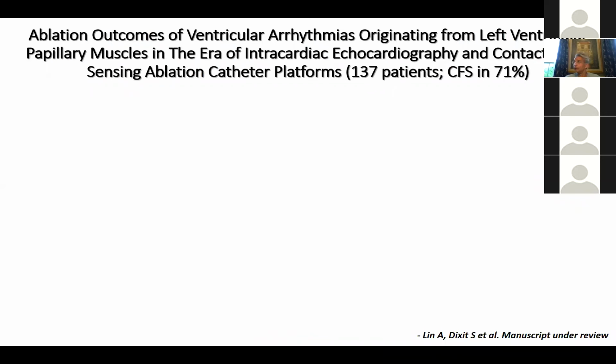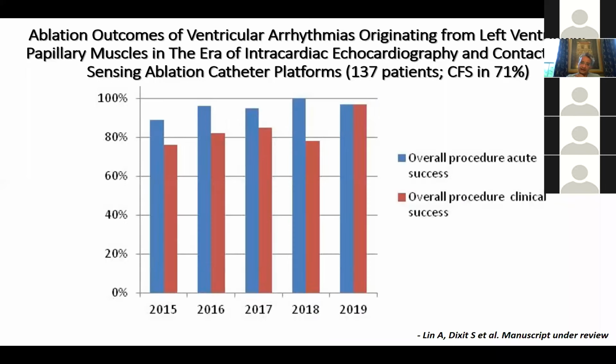outcome analysis all the way to December of 2019. And this is 137 patients, where about 70% of whom were done using contact force sensing. And for these patients, our overall success rate, both in terms of acute procedural success, it's about 95%, and clinical success was upwards of 85, almost 90%. So that is sort of our experience using all the tools that I just shared with you in terms of what we're able to accomplish. Now, interestingly, for our